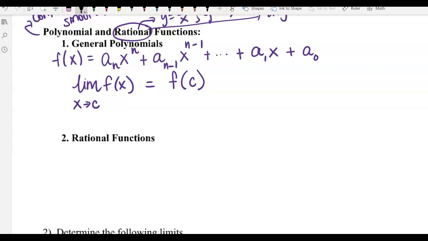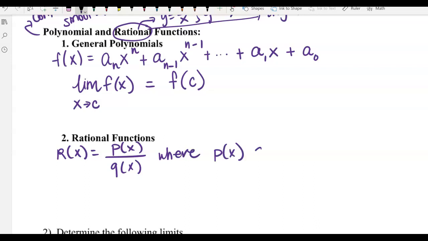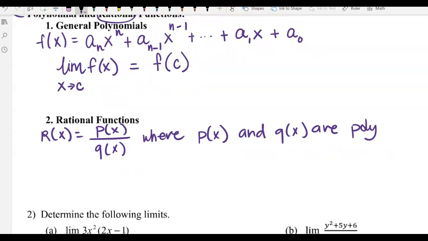Rational function, not so much. So a rational function is r of x equals something divided by something: p of x over q of x, where p of x and q of x are polynomials. And the denominator, which is q of x, cannot be 0 ever. And r of x is usually